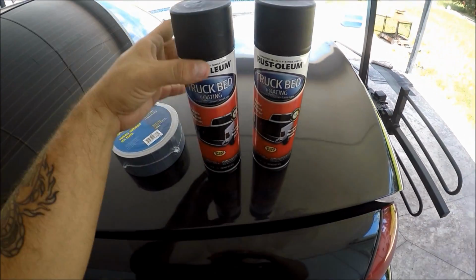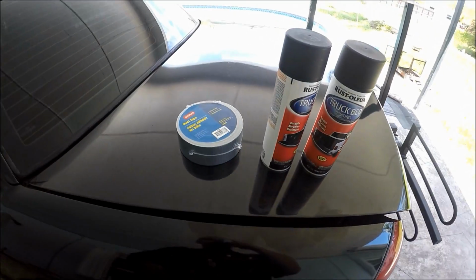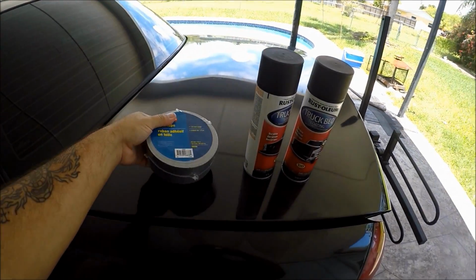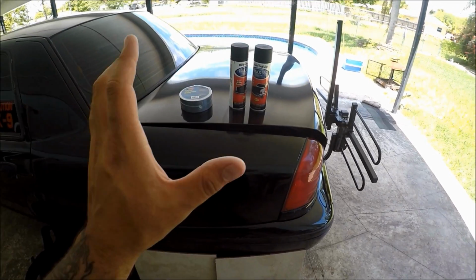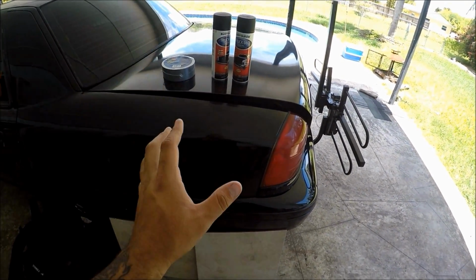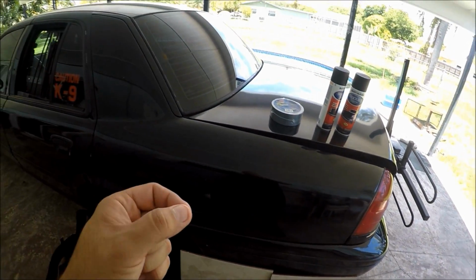So we have our truck bed liner right here that we are going to cover the tiles with. I'll get to that in a second. And of course, we can't go wrong with some good old-fashioned duct tape as well. So what we're looking at right here, total value is just under $50. And believe it or not, this is pretty much all it takes to at least make your car